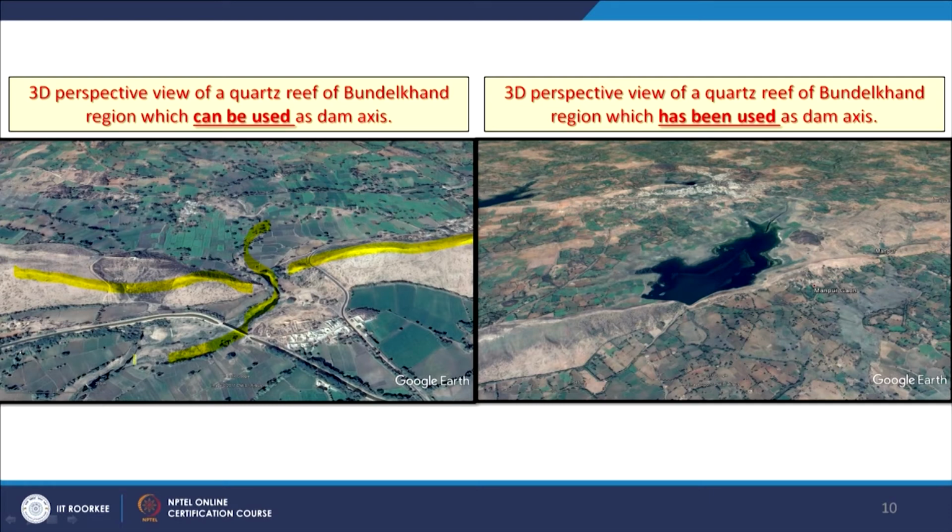So if I am looking for a suitable site to construct a reservoir for groundwater recharge or surface storage, then this side I would say is definitely very good, because I already have abutments on both sides, a natural abutment created by nature. So the only thing I have to do is block this part, and then I can definitely use that one.